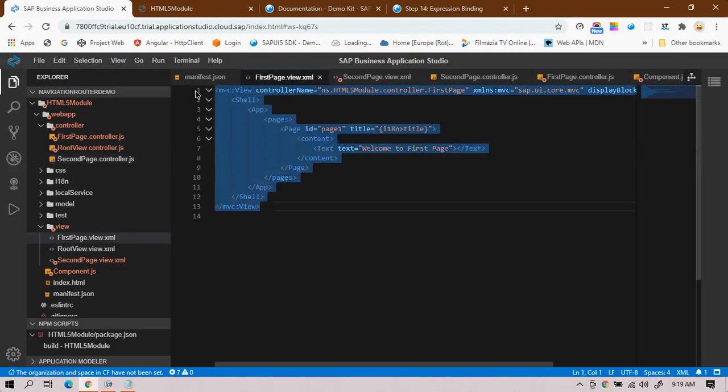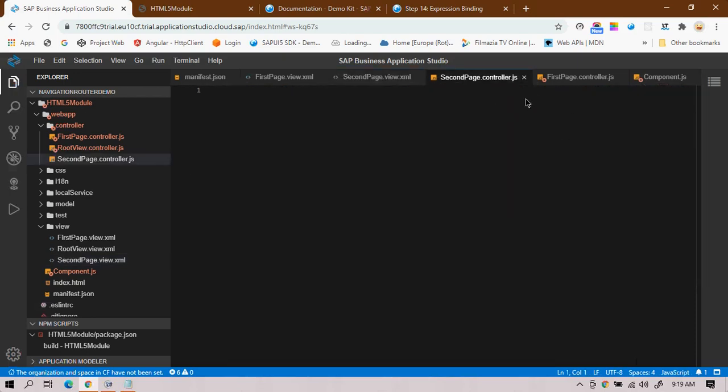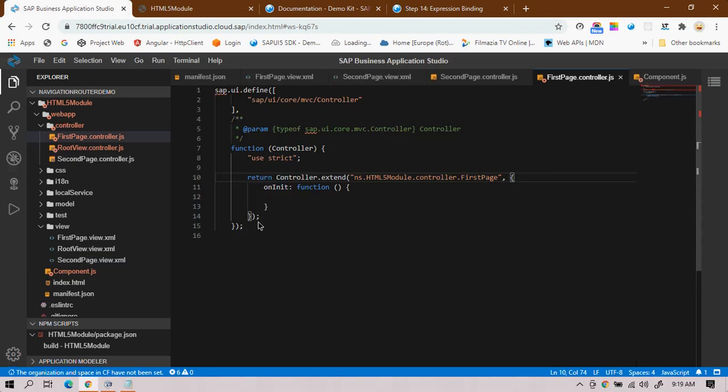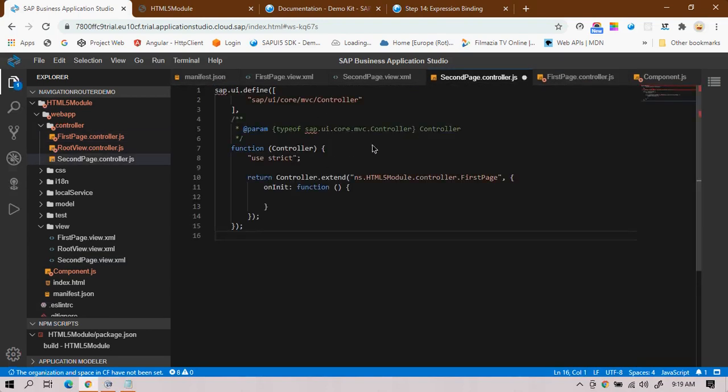I'll copy the same code for the second, but only change the controller name to second page, and I'll also change the ID of the page, because the ID should be unique throughout the application. For the controller part, I'll copy the code from the controller and change it to second page.